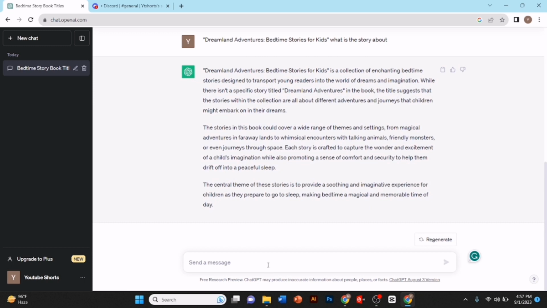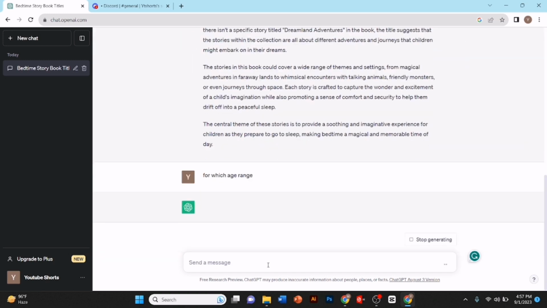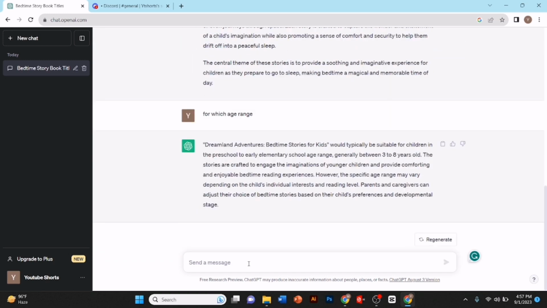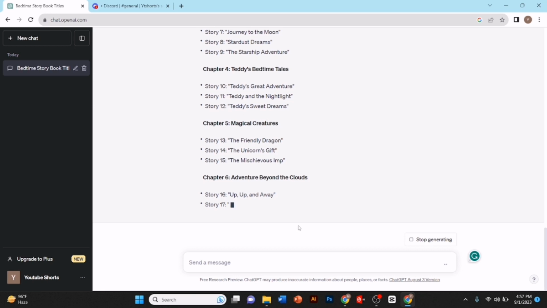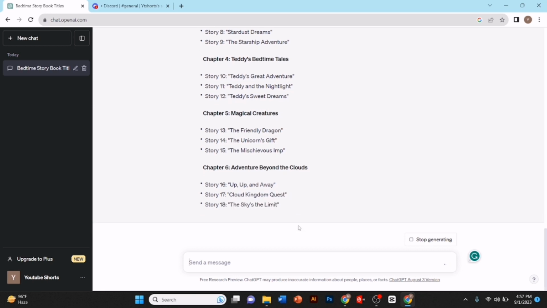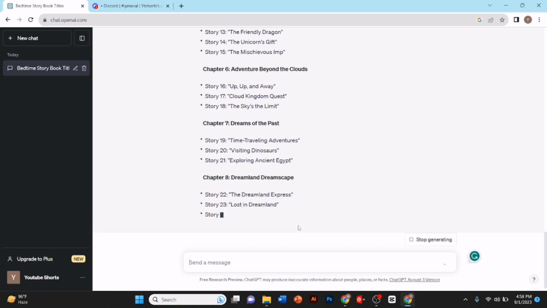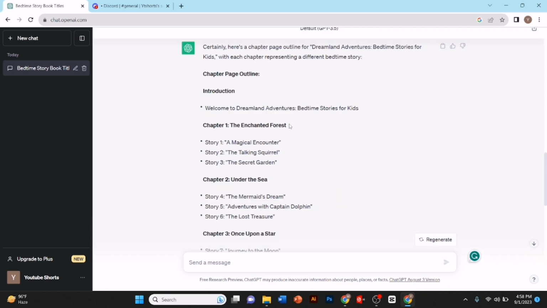Now I'll ask the age range. Now I'll type create the chapters outline. So it has generated the chapters outline and the scenes included in the chapters. Now I will simply copy chapter 1